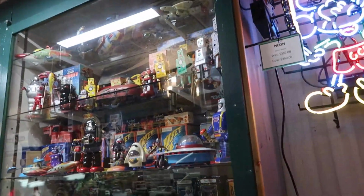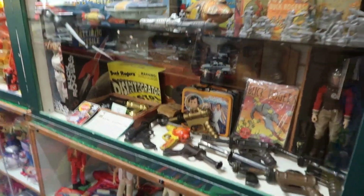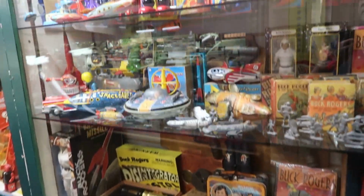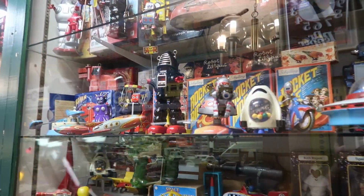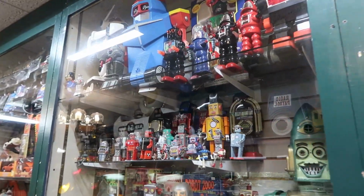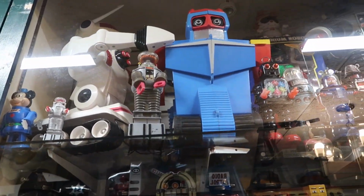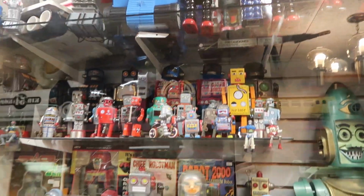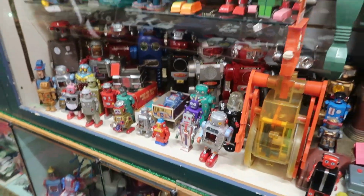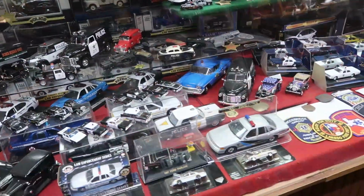That's some tin toys from early shows, sci-fi based. You got some phaser type rifles, guns. You got some robots from like Lost in Space. You might recognize. Oh, yep, there's a robot from Lost in Space. These were pretty popular back in the 90s. Across from those robots, got first responder type vehicles, so got some ambulances and